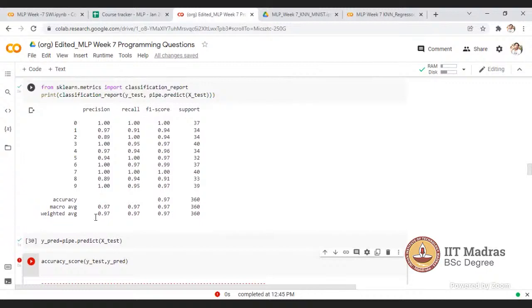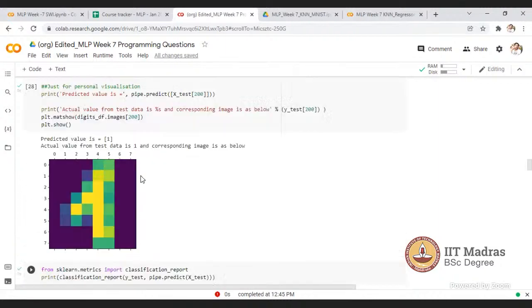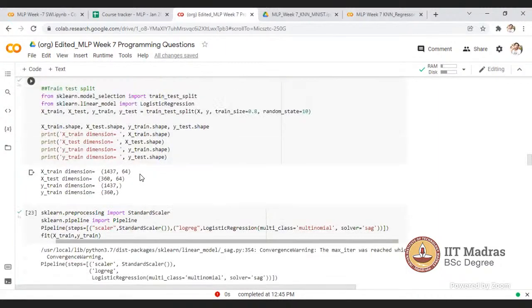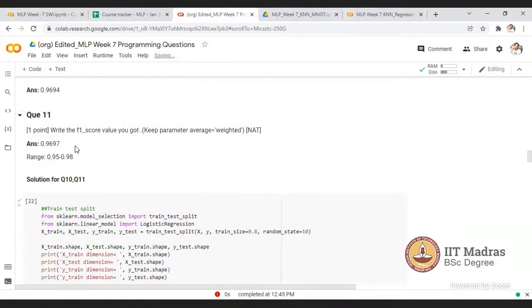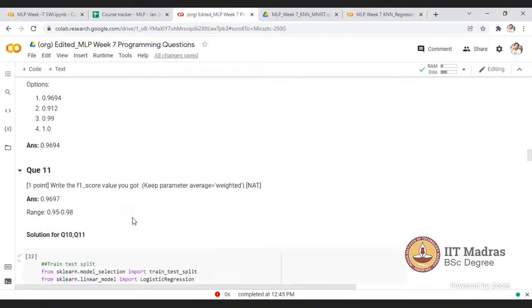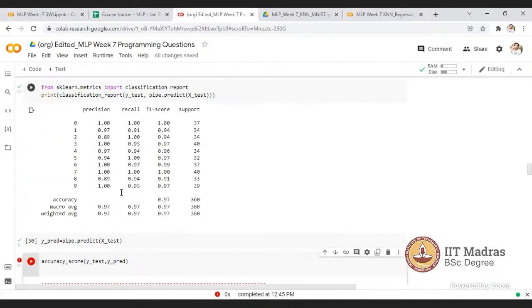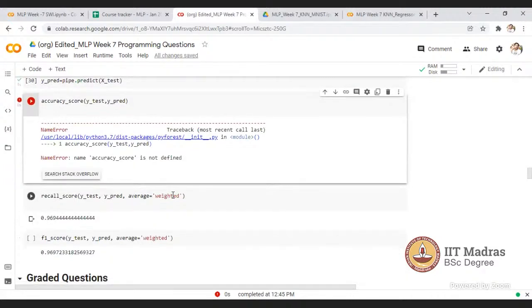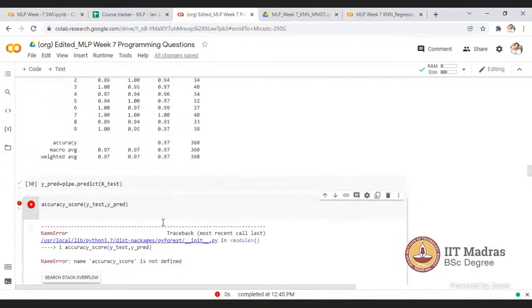Otherwise, from here, we can answer all these things. F1 score and accuracy score, using this classification report, we can say this. Or otherwise, just to get a particular value, we can import recall score and F1 score. Based on that, you can work.